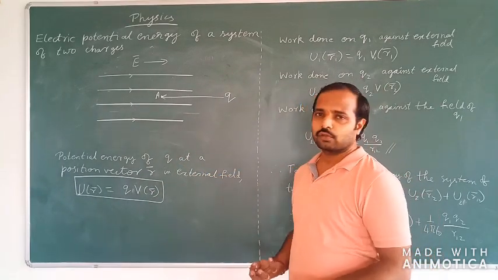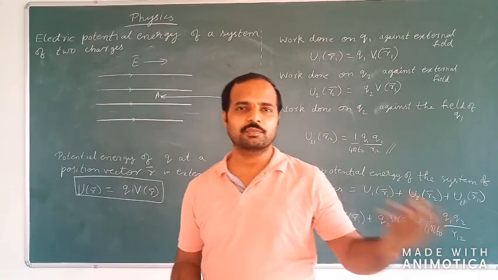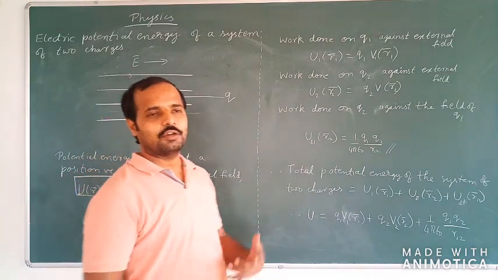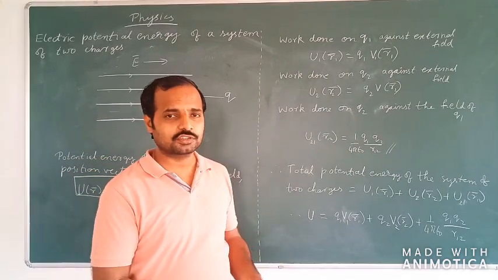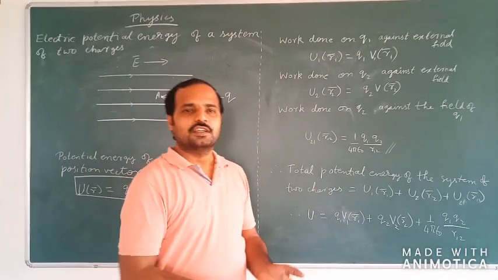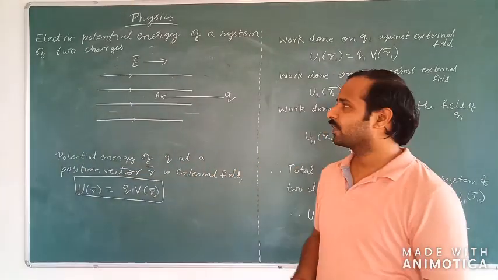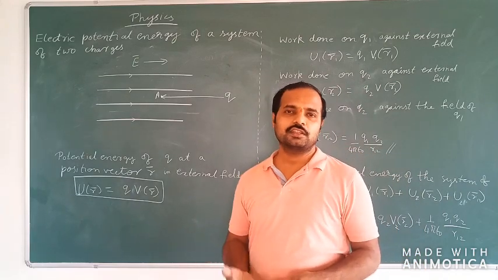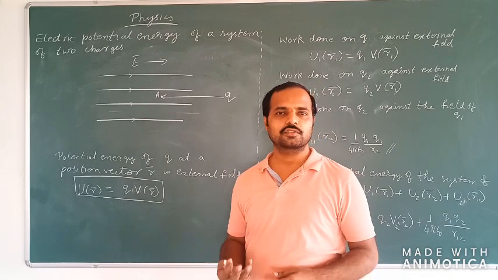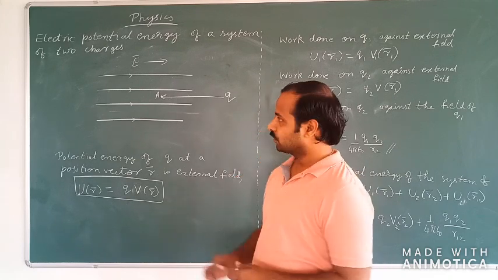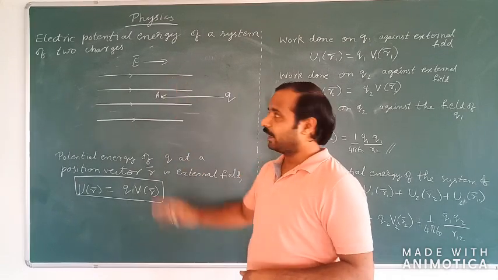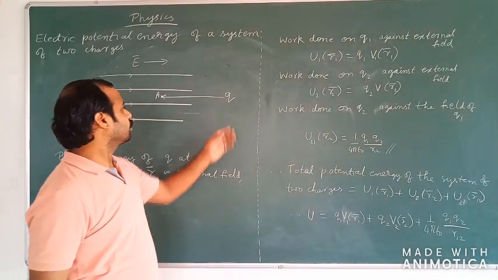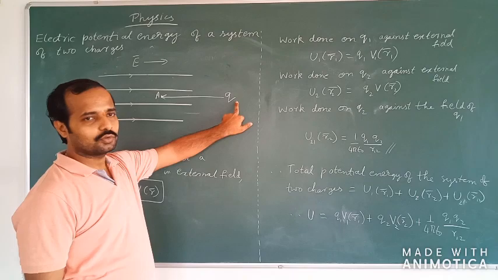We have been given a uniform electric field of an unknown charge. So we are not actually going to take a source charge over here, unlike in previous situations where I used to take a central positive source charge and an electric field within a spherical boundary. Instead, here we are going to talk about a uniform electric field. Remember one thing, in a uniform electric field, the lines of force are always parallel to one another. So I have represented the electric field direction by parallel lines, and here we have to find out what is the total amount of work done in moving this unit positive test charge.